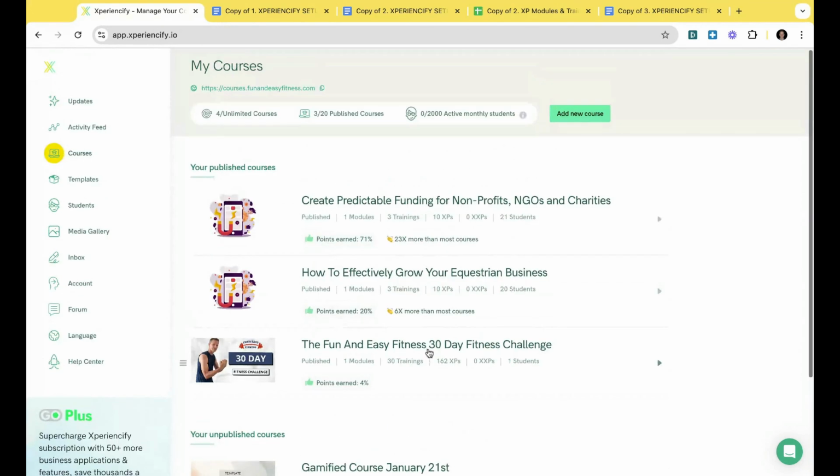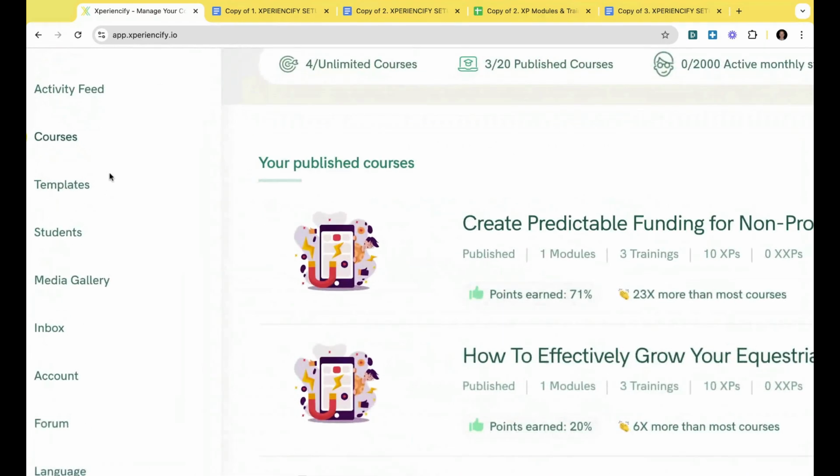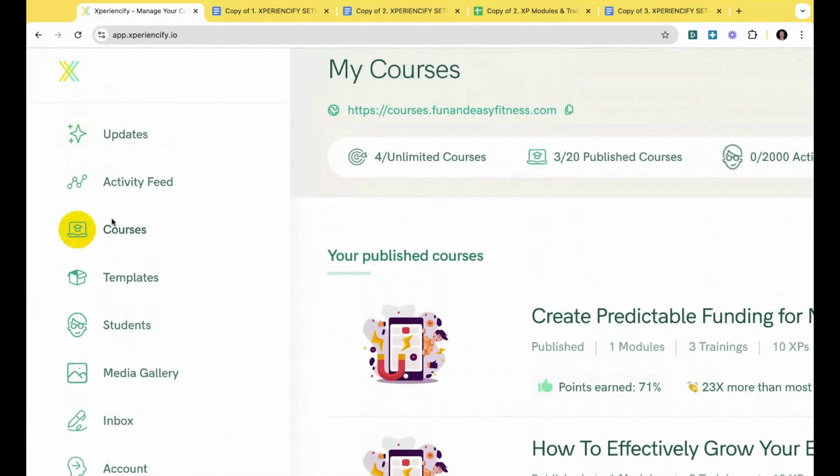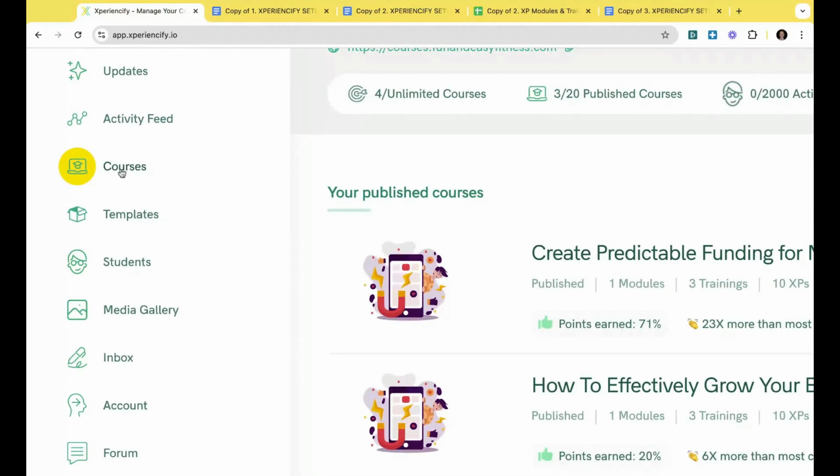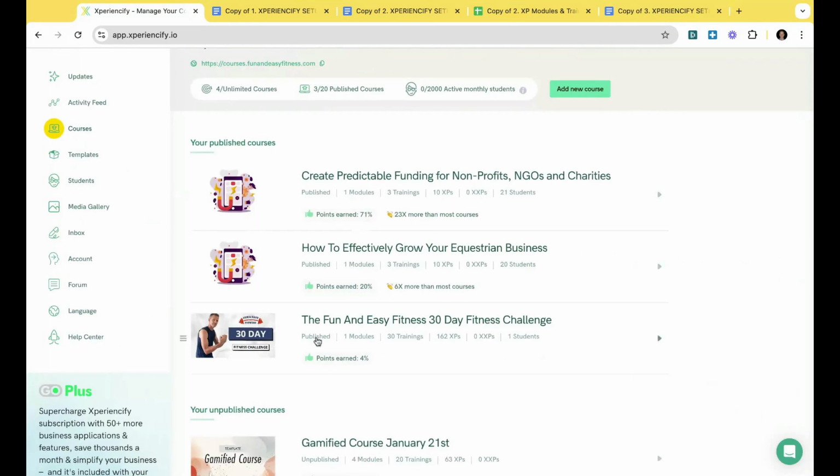So the first thing that you're going to see is that it's really easy to say, wow, what are all these things that I do? Here's this menu on the left-hand side. What are all of these pieces? I'm not going to walk through any of these pieces other than the courses. And we're going to touch on one piece in the account section because right now we're here to get you moving, get a course published, and actually get you earning money with your course so that you can build your business and continue to grow. So getting lost in the weeds in those other places is not what we want to do. We want to build the course and we want to get it published.